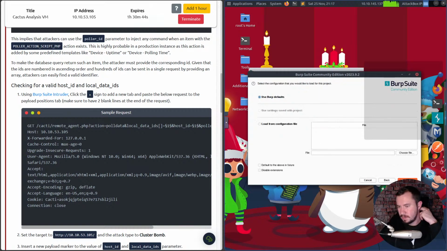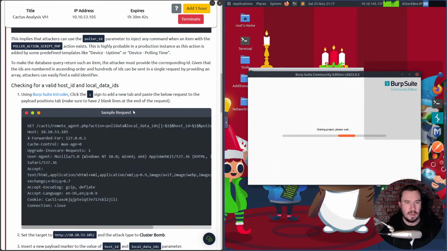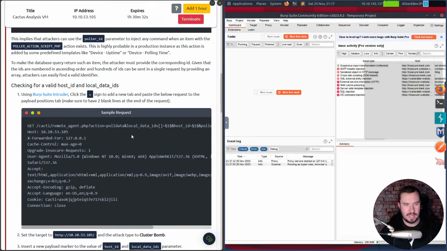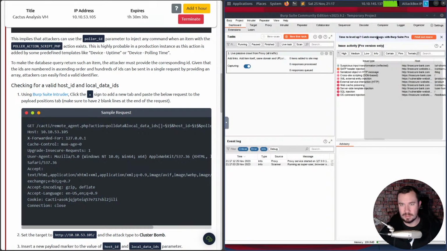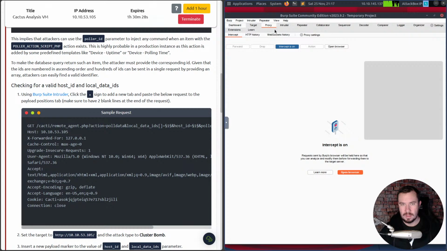Temporary project. And it just wants us to paste this in, so we're not actually doing the request and then capturing it. We're literally just going to get Repeater to grab this. We'll do that later. All right, and if we pull up our browser,